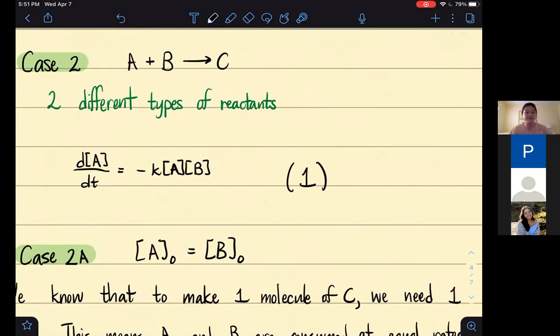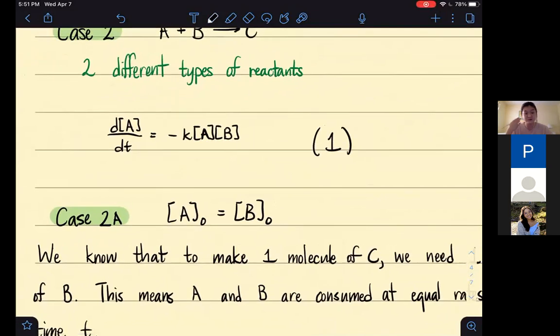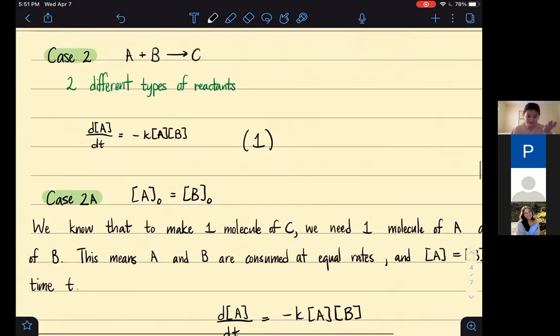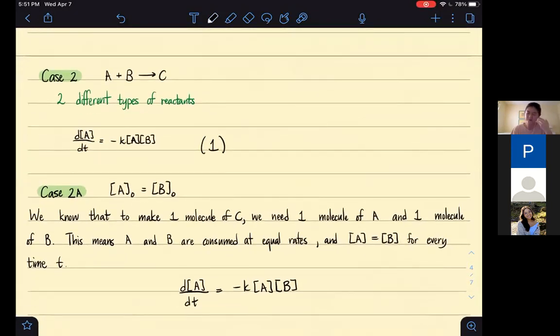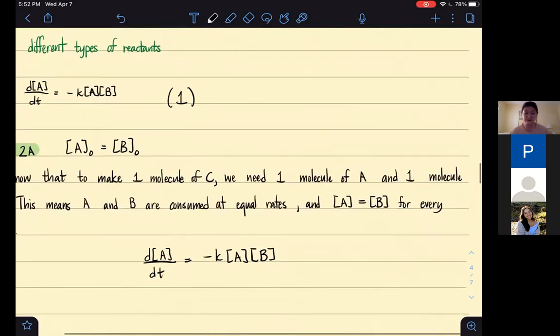Then there's another complexity to it, which is whether the concentrations of the 2 reactants are initially the same. So they're either the same or they're not. If they're the same, then notice that one molecule of C requires 1 of A and 1 of B. So that means that B and A are used up at equal rates. So that should mean that the concentration of A and B should be the same